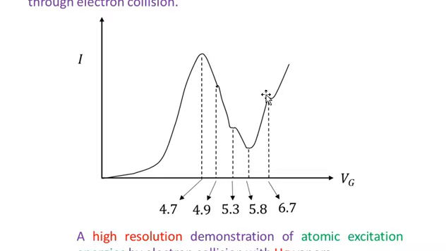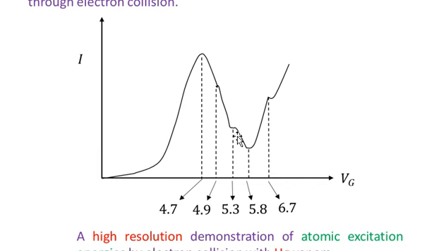But you see that here you can also notice a small dip of current at a value corresponding to 6.7 volts of the Vg. It means that this also corresponds to some level in the mercury atoms. So then of course the current will further increase. So you see that if you repeat this experiment, you will always observe these dips at this particular value of the grid voltages, which indicates that these also correspond to the discrete levels in